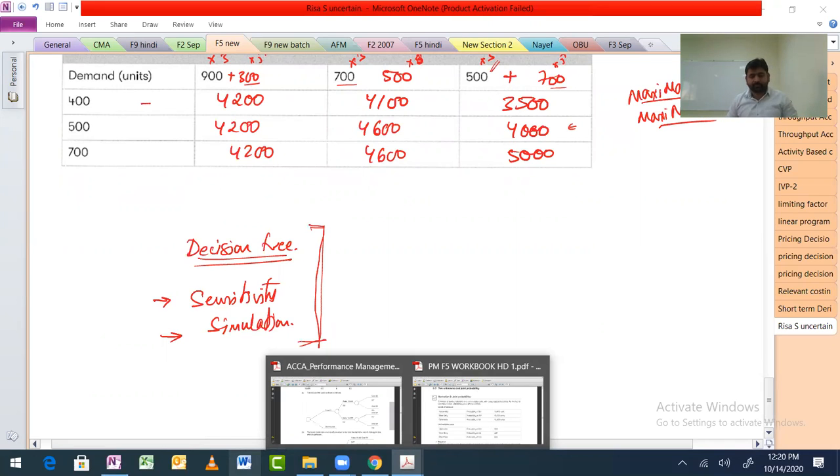Okay, sir. So let's keep it till here only for today, because starting decision tree at this point is not advisable. Okay, sir. So can you send a plan book? Fine. I'll send that workbook also. The workbook or the revision kit? This one, the workbook which we did just now. You don't have the workbook? Okay. No problem. No problem.